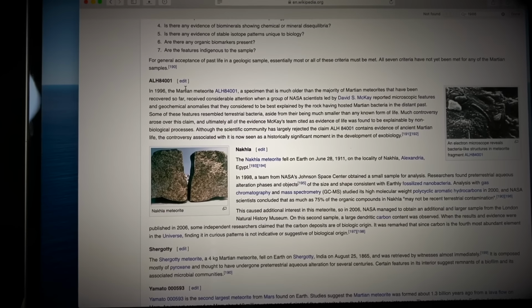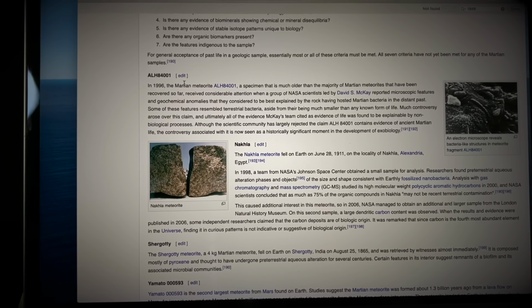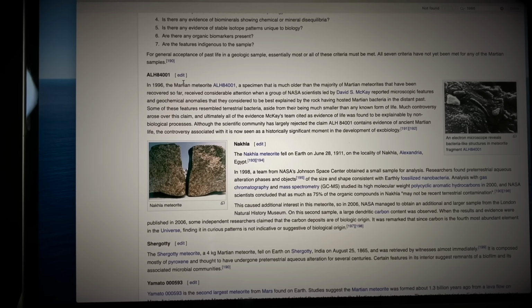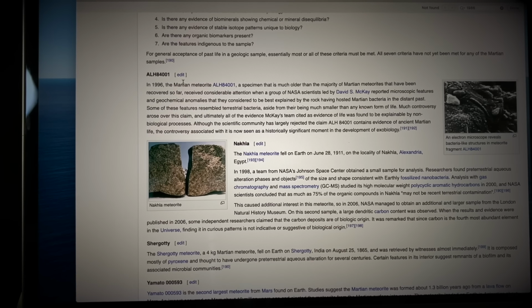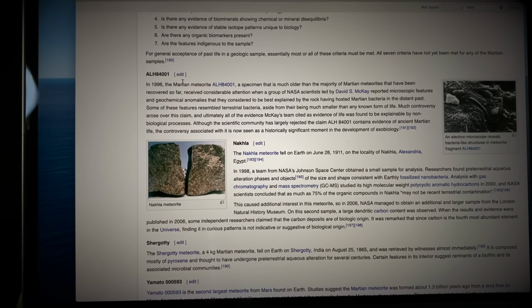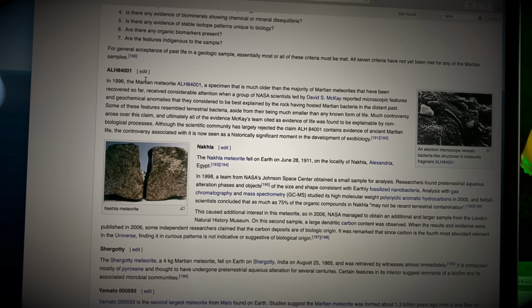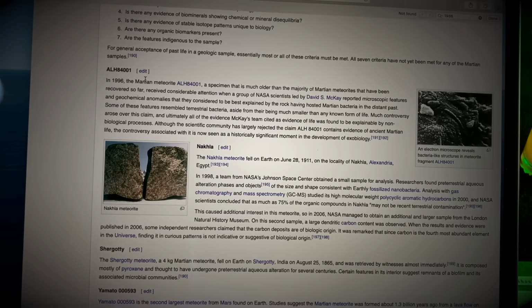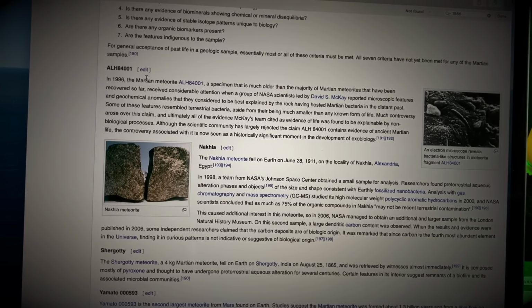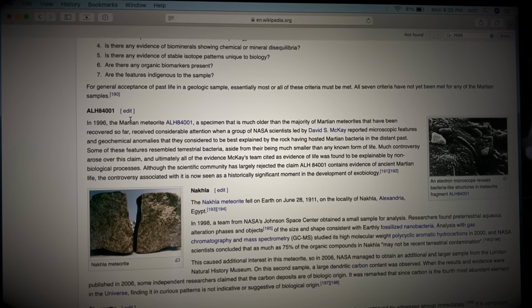So in 96, the Martian meteorite ALH 84001, a specimen that is much older than the majority of Martian meteorites that have been recovered so far, received considerable attention. Reported features, when it had features that are best explained by the rock having